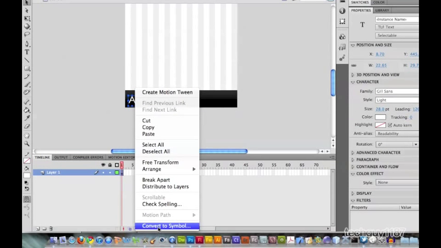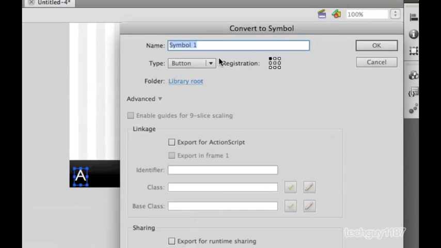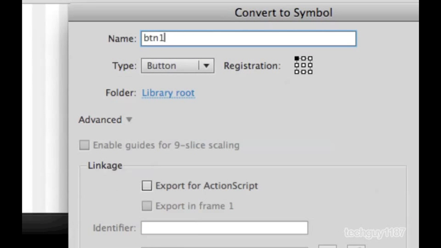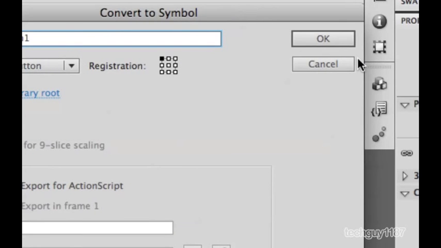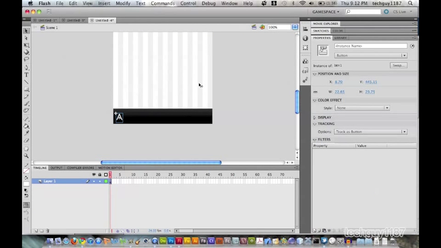Alright, and then go down and convert to symbol. And we're just going to name this button for now. Actually, just go ahead and call it button 1. Click OK. Now, I don't know if you're familiar with Flash, but